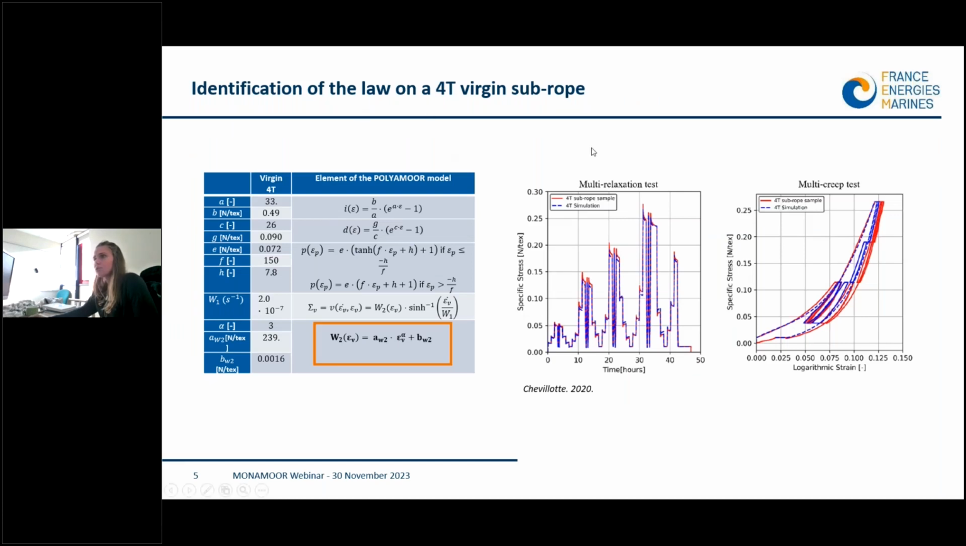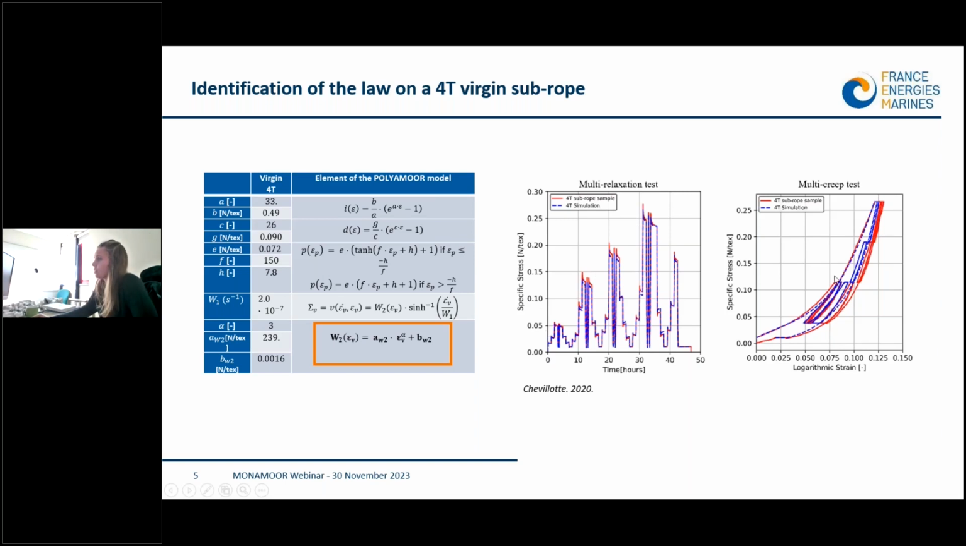So just a reminder, this was the identification on a 4-ton subrope during the Polyamide project. So here are the different functions of the different blocks of the Polyamide law, and this was the result when identifying it on a 4-ton subrope scale. So it was shown during this first project that it was well describing the polyamide 4-ton subrope scale, with a good description of the relaxation,